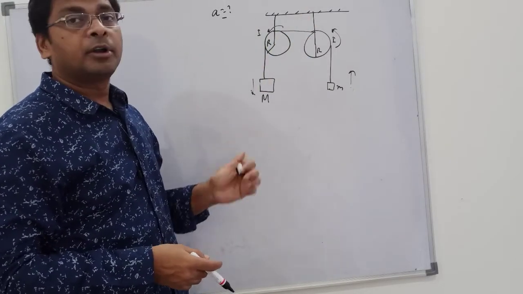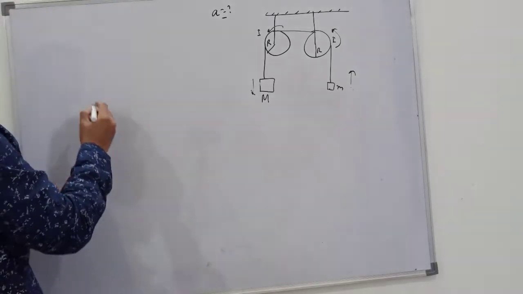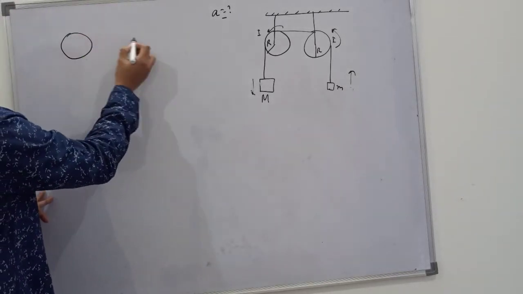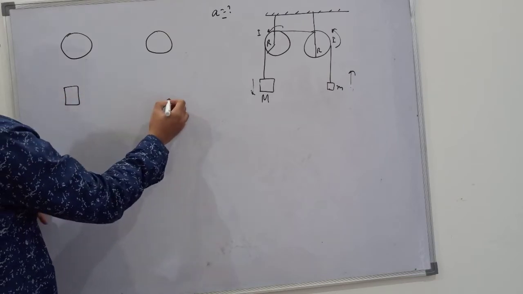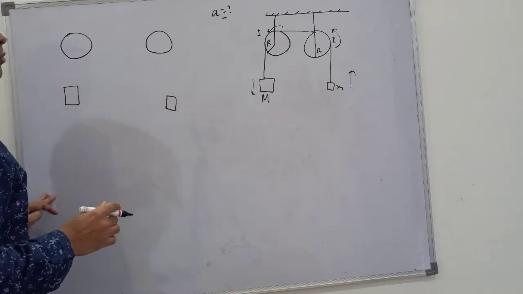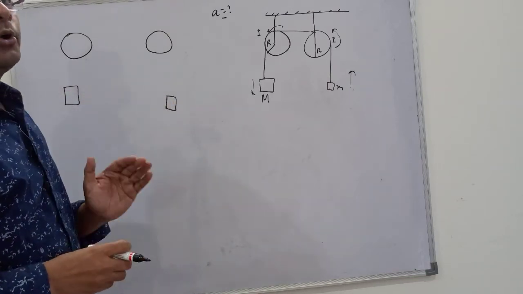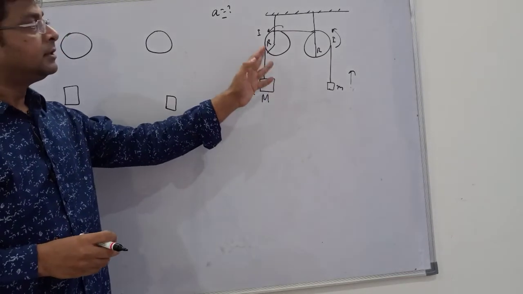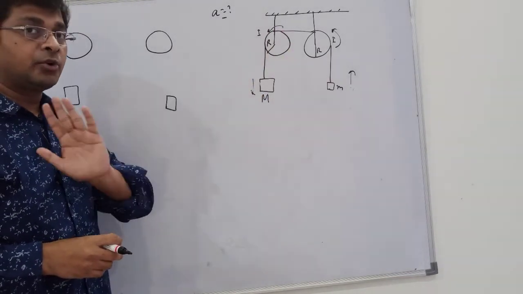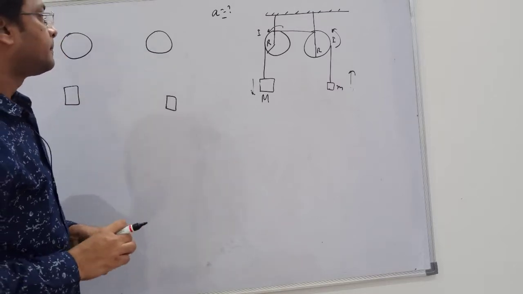Let's draw the free body diagram of the two. So starting with the left of the pulley, this is right of the pulley. This is capital M and this is small m. While drawing the free body diagram, don't change the relative adjustment of this. Right? Keep everyone's position the same. Don't disfigure it, don't change it.